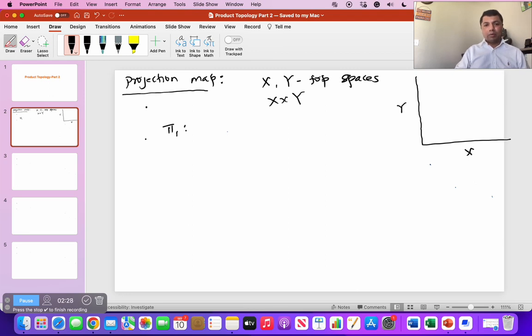So here pi 1 is a map from the Cartesian product X cross Y to X